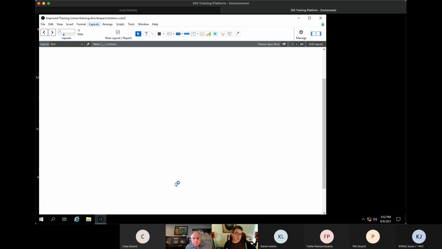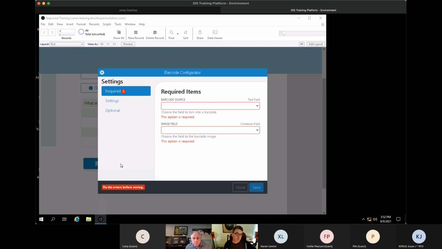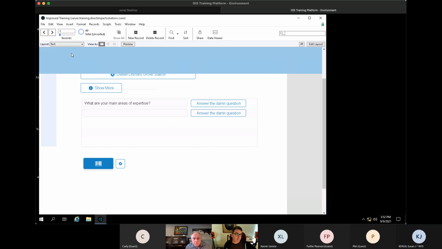So when you click it, you would click this settings icon, which pops up this thing that says, what source field do you want? Now, what is the field that you're actually wanting to barcode? And then what's the image field that you want the barcode to go into? So you would actually need to have a field that actually is the right one to map. I think